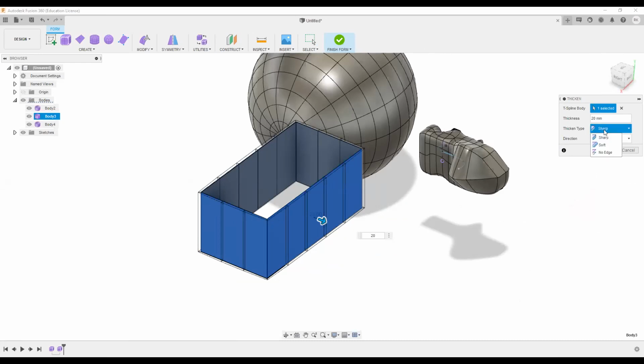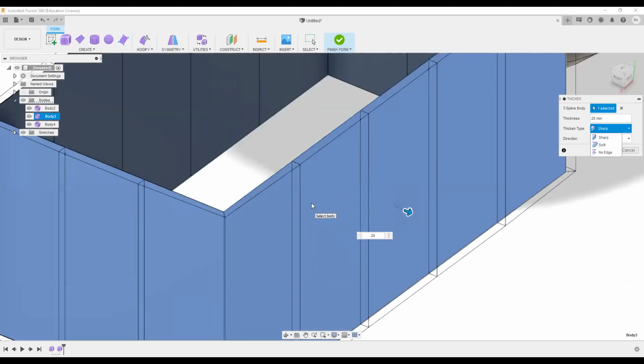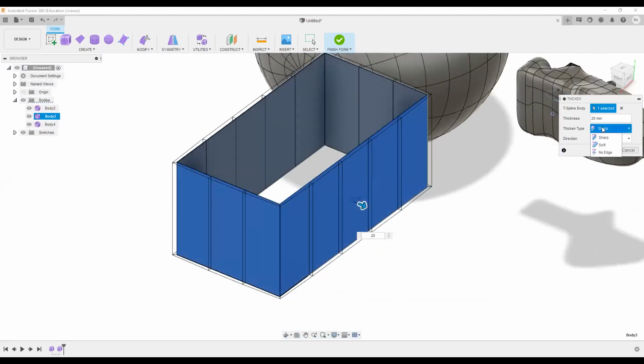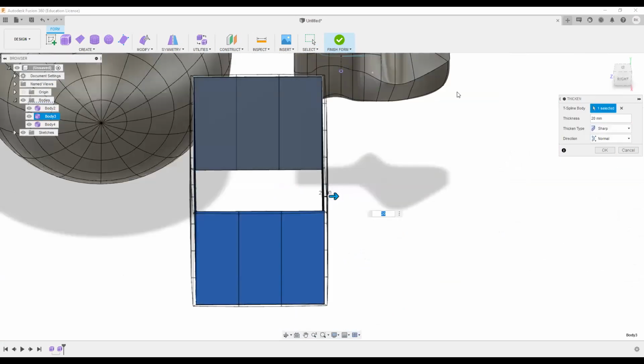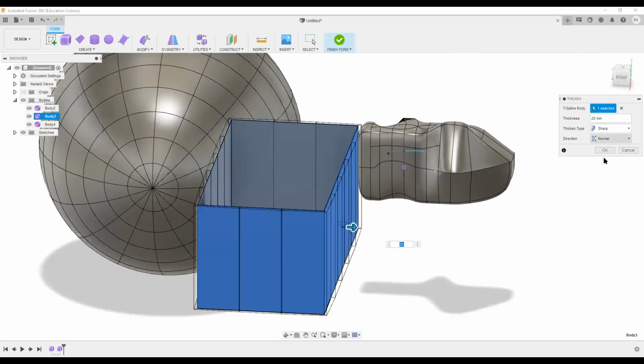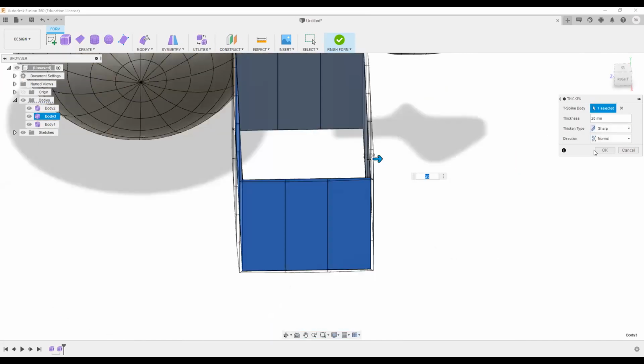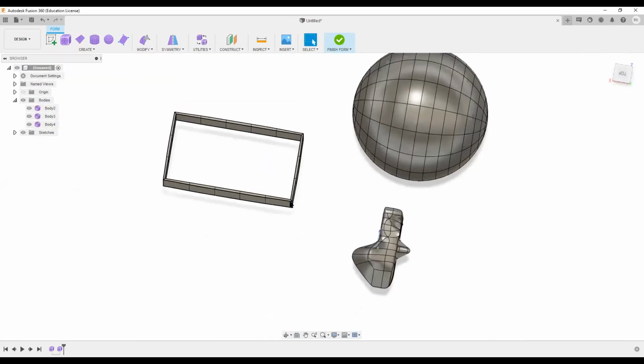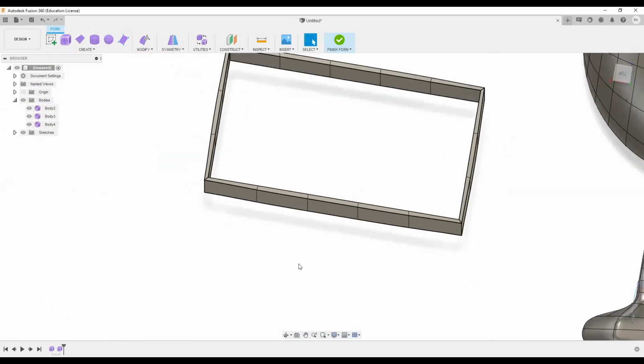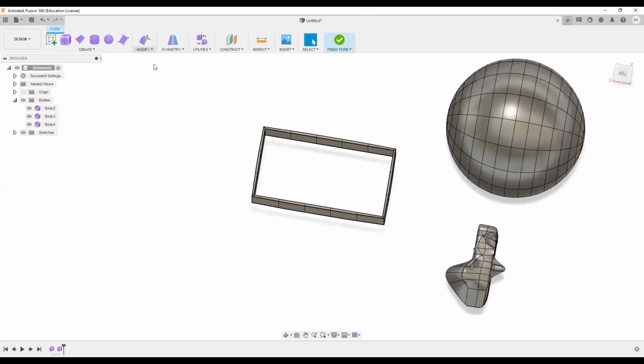Then there is a thicken type also. I can use a sharp option. I can use a soft option. With the soft option, our curve will be smooth. I'll just explain both. Then there is the normal option. Then there is the axis option. For the axis option, if we have a particular oblique direction, if we want to thicken a particular surface in an oblique direction, we can make a sketch out of it, and we can use that particular axis. But we are using the normal option right now, and then okay. So this has converted into a thick 3D body. So this is the thicken option.